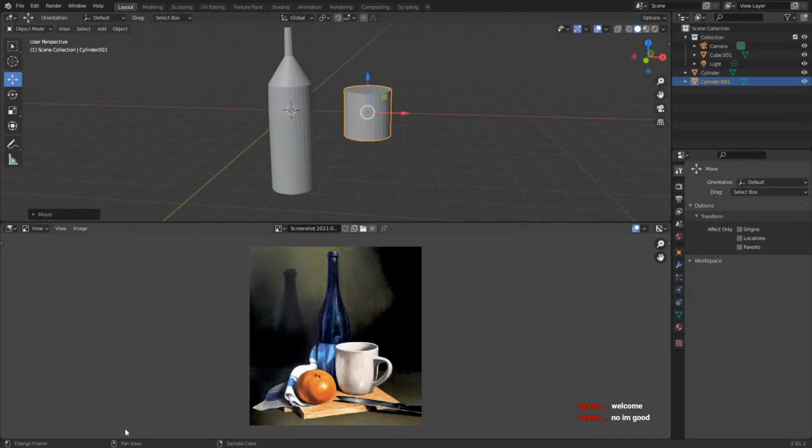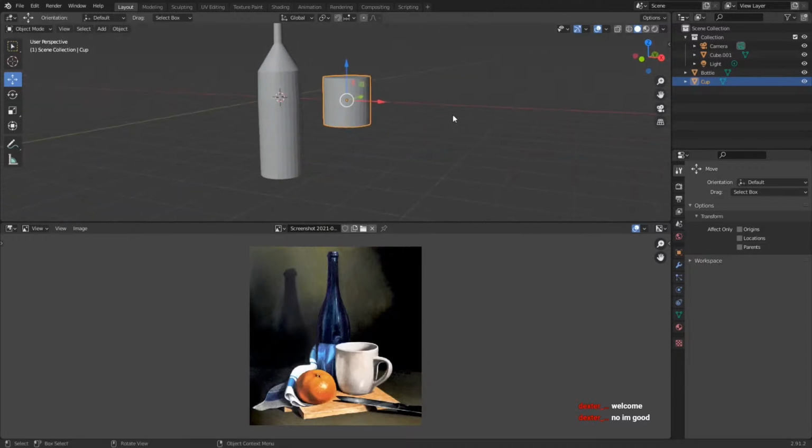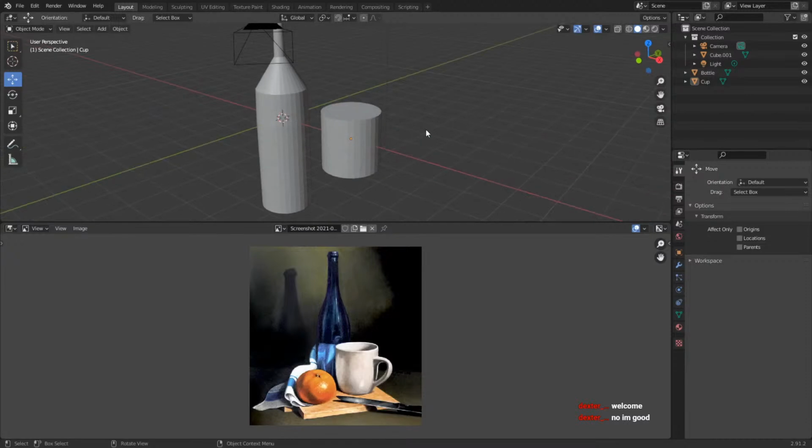As you can see, also, you have this listing right there. And you can see we have not only one cylinder, we have two cylinders. You can name them if you want, for example, double left clicking. You can call them, for example, bottle and cup. Right there. Now you can distinguish them both. So, to change this primitive object to a cup, first thing we have to do is select this